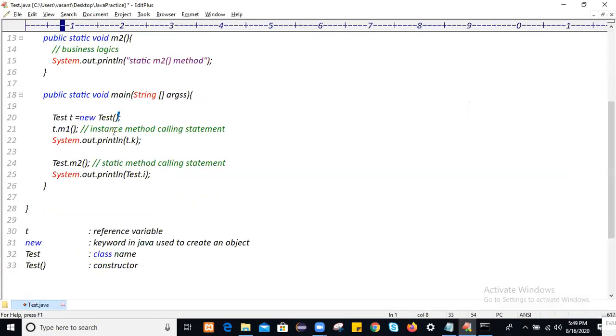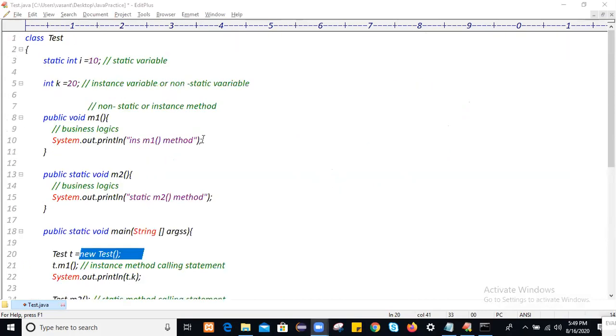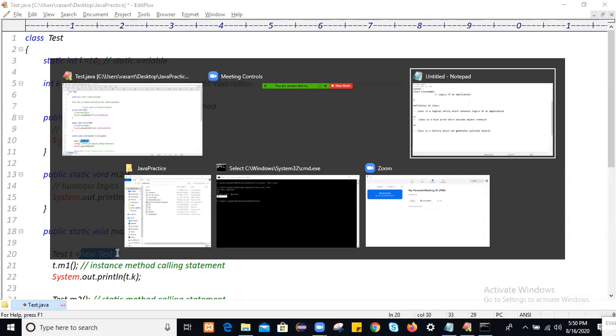If you write this statement multiple times, multiple objects will get created at runtime. If you write it 3 times, 3 objects get created, and 3 times the non-static members of the class get loaded into the object. If you create 5 objects, then 5 times the instance variables and instance methods get loaded. That is why we say class is a factory which can generate multiple objects.